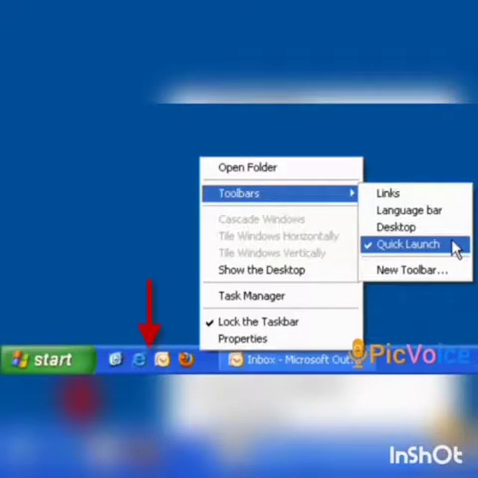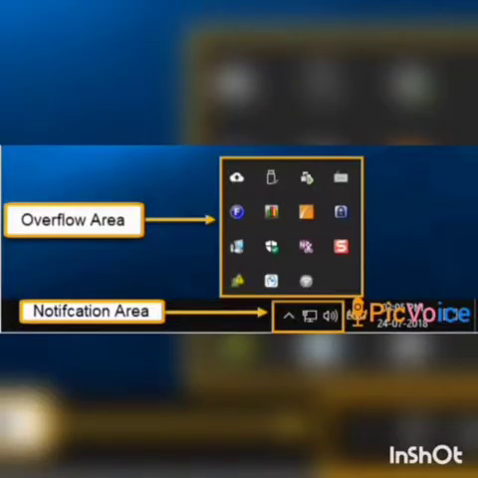Now take page number 16. The topic is the quick launch bar. Right click an empty area of the taskbar, point to toolbars and then click new toolbar. Now you see the quick launch bar, which can be launched by a single click on the icons. Next, the notification area.